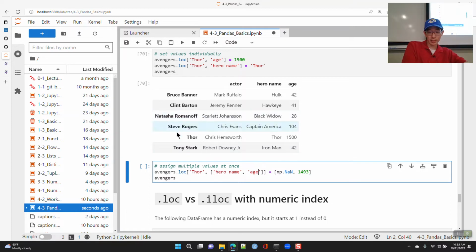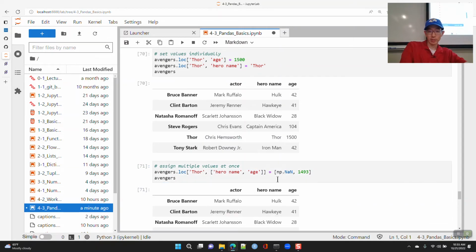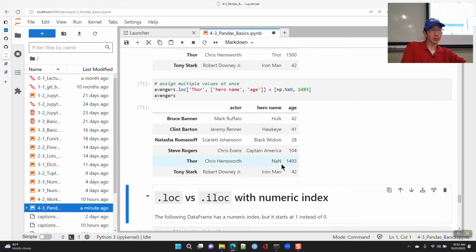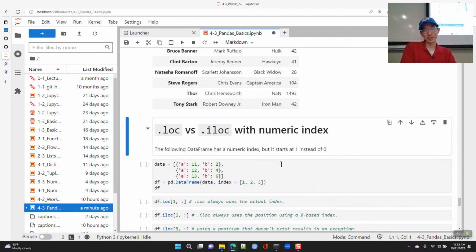So here I've got Avengers.loc, row index Thor, and then hero name and age, and we're going to assign back NaN and 1493, and we can do that as well. Okay, so you can imagine making this more complicated with more conditional assignment type of things.